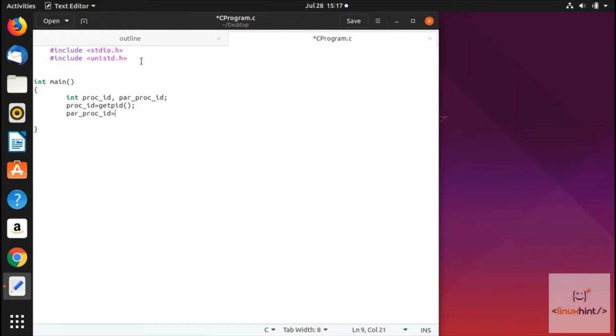And then I call the function. So in order to get the parent ID, what we have to do is write here getppid, and then we call the function, and after that we run a print statement. We write here, let me just go to the next line, printf, and then inside these brackets I'm going to write "process ID",